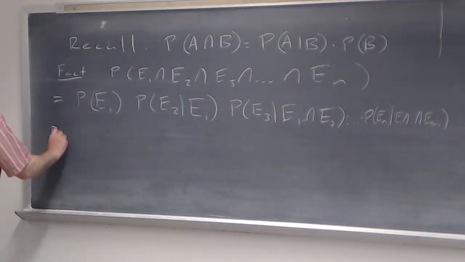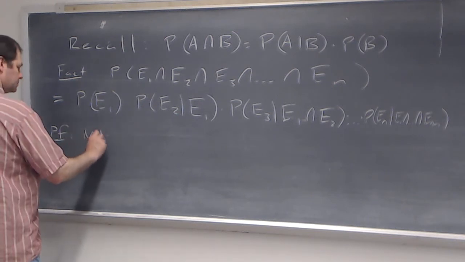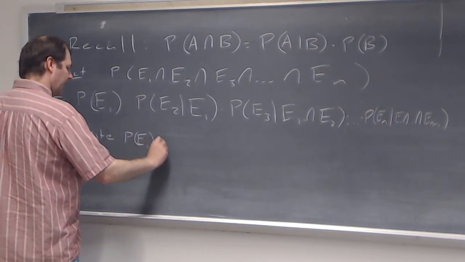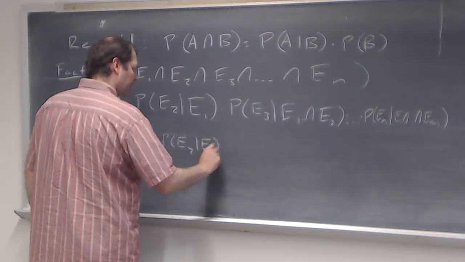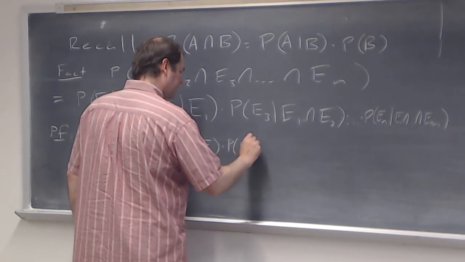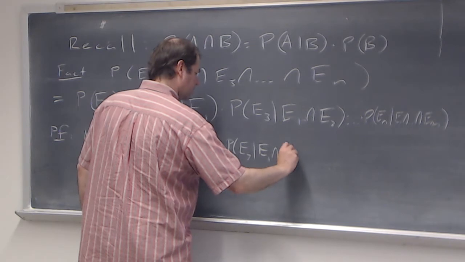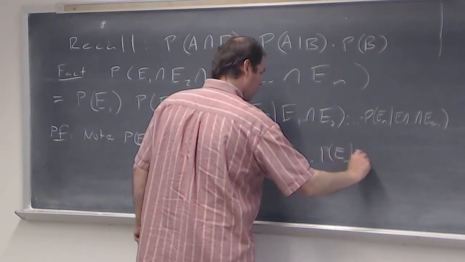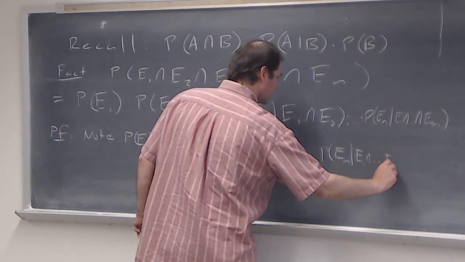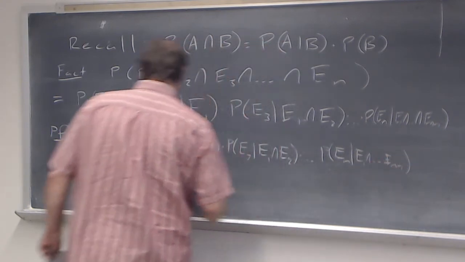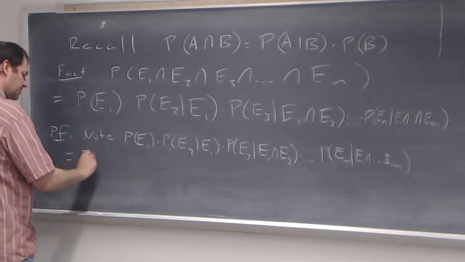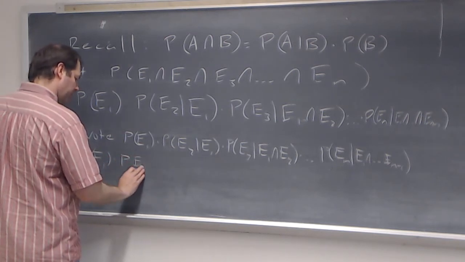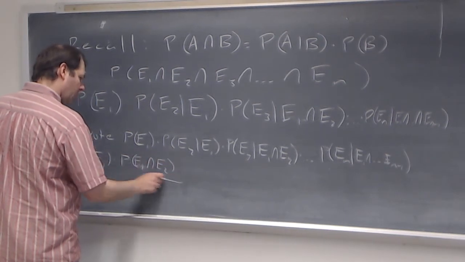And let's look at the proof of this first. So here, note that if you look at the probability of E1 times the probability of E2 given E1 times the probability of E3 given E1 intersect E2 times the probability, on up to the probability of En given E1 intersect all the way up to En minus 1, that's the same thing as the probability of E1 times, this conditional probability is the probability of E1 intersect E2 over the probability of E1